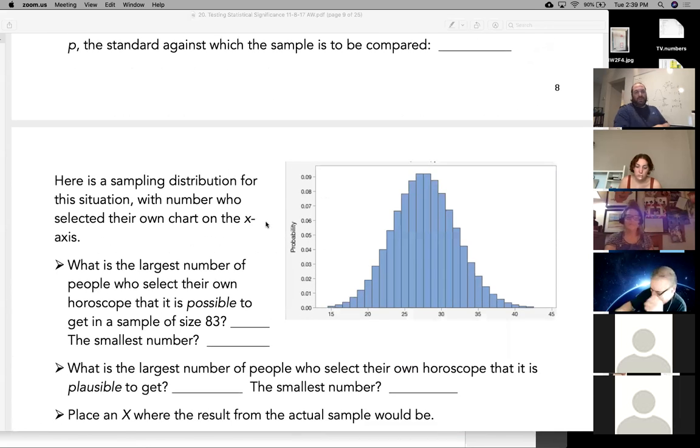Now, here is a sampling distribution for this situation with the number who selected their own chart on the x-axis. In other words, if we took samples of size 83,